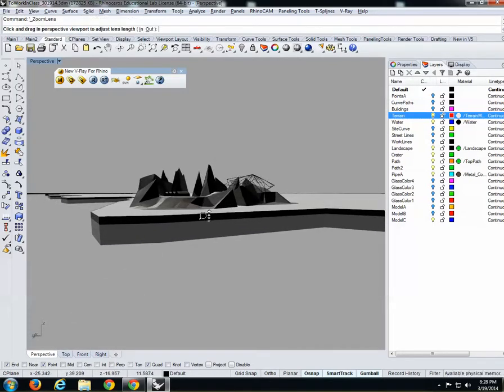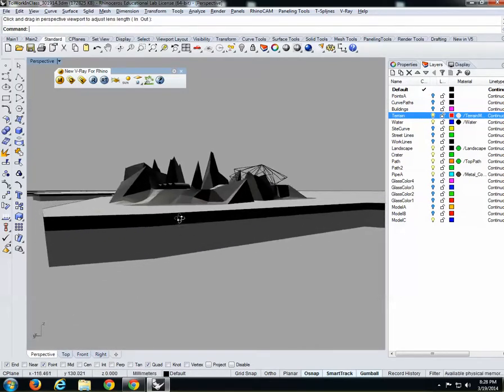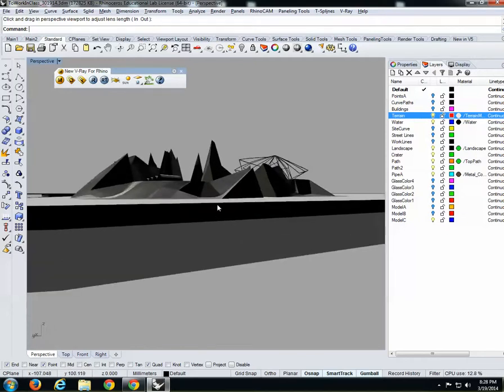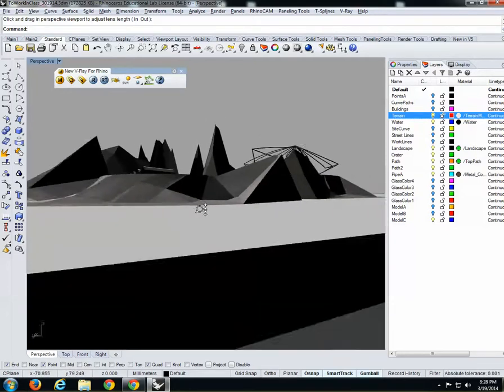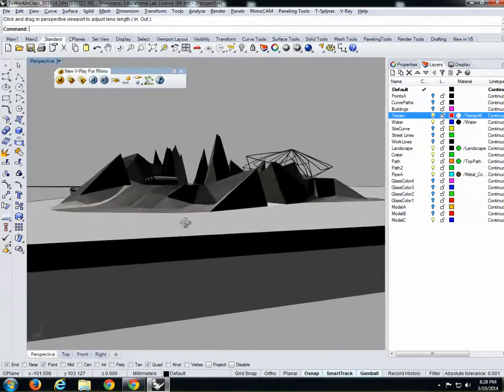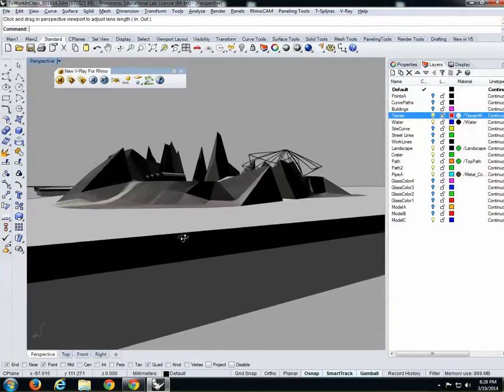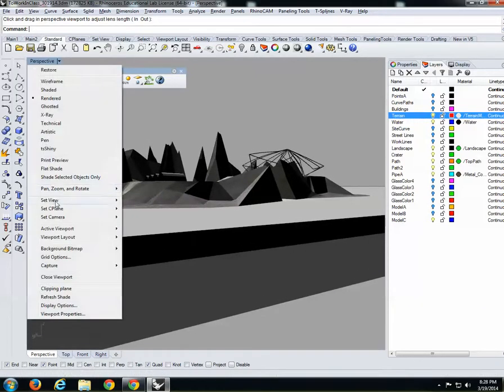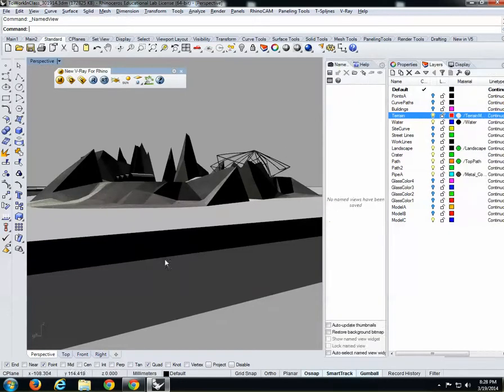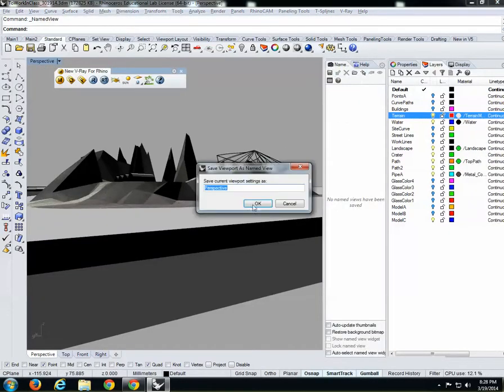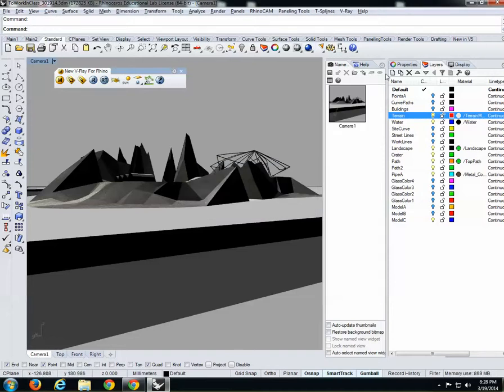So always take a lot of care of how much you deform it. It's very nice to improve your camera views. And the second thing is right click and remember to save the view. It's very good to save the view by pressing here on save, no? And you call it camera 1, for example. Close that,